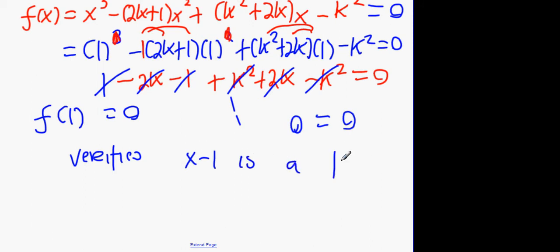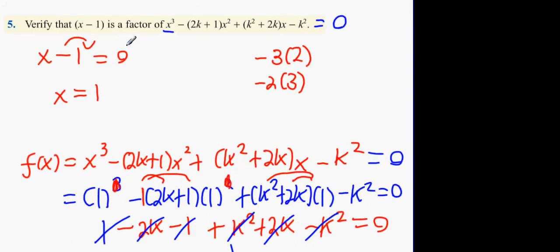We aren't asked to solve for k, we're just asked to prove that it is a factor. Okay? So to prove that's a factor, if x minus 1 is a factor, then f of 1 has to equal 0. We just proved it. Okay? Next one,